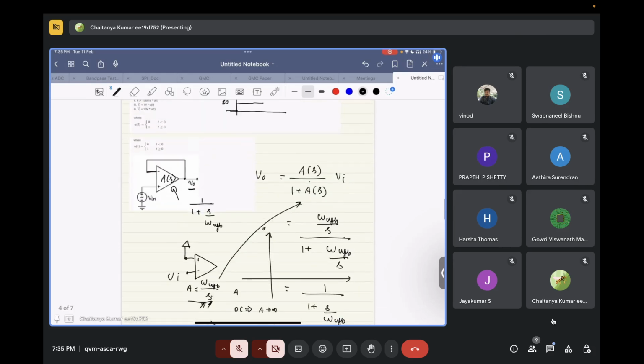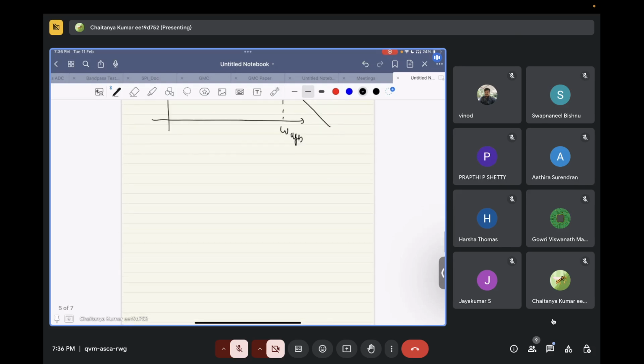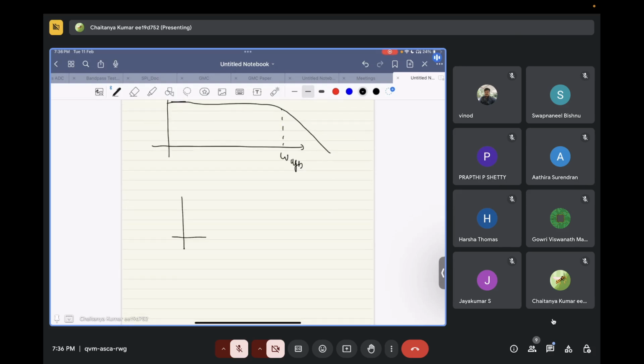Now, what is the step response of a first order transfer function? Do you know this? You guys have studied Laplace, right? 1 divided by 1 plus S is the transfer function of this. So what will happen is, if the input looks like this,